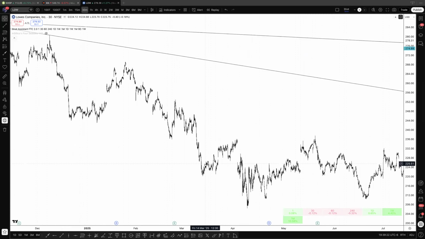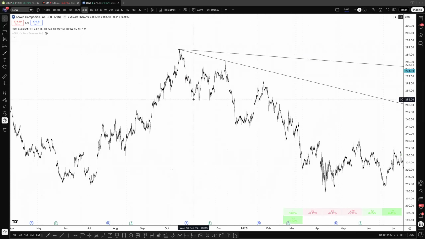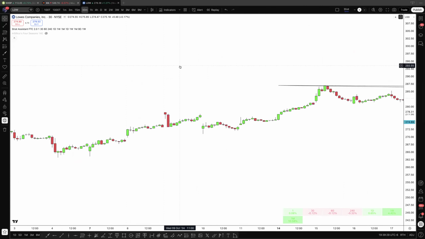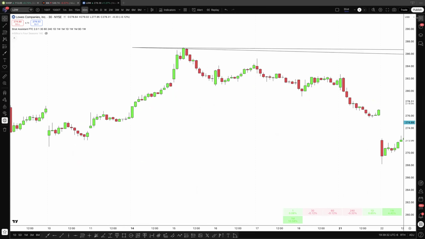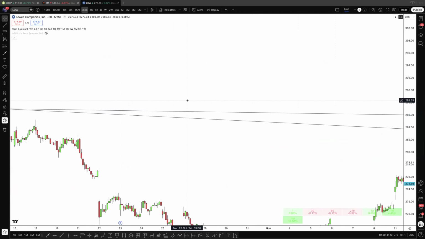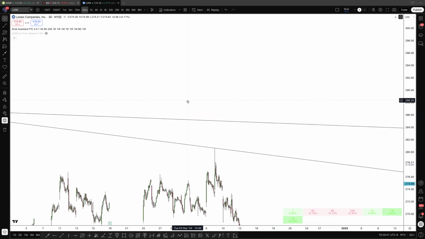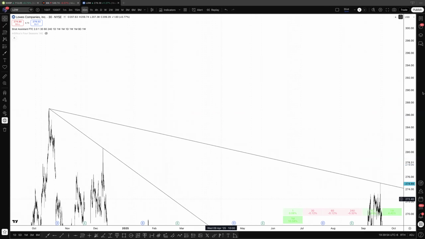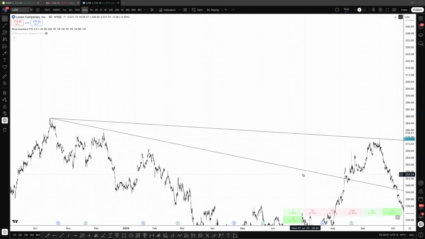I pretty much go back to the peak of where I drew this line at, like up here. And then since I drew it on a weekly, I'll fix it. So I make sure that's actually tapping, that's actually on the wick. And then yeah, and then look, boom, this is a perfect tap. And then it tanks. But like I said, trend lines, when you combine it with support and resistance,